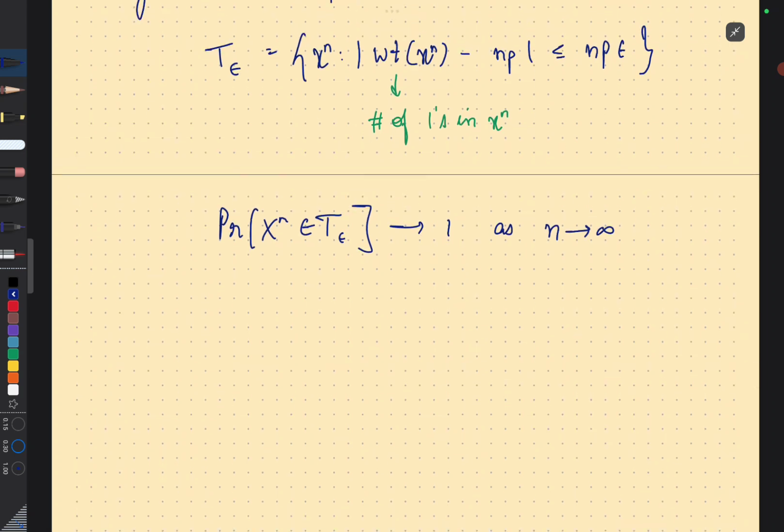In fact, we can do a little more. How would you bound the probability that x^n is in T_epsilon? Or what is the probability that x^n is not in T_epsilon? How would you bound this probability? Yep, so it's a Chernoff bound. Because what can you say about this weight of x^n? It's a product of zeros and ones. So in other words, the weight of x^n is effectively just,